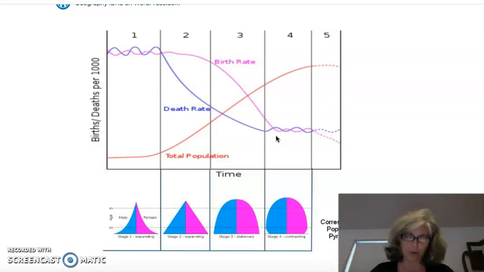So in stage 4, which the United States is in, I hope that you will choose another country other than the United States when you are picking your countries to highlight in Project 2. And there'll be instructions about that. I'm going to steer you away from looking at our own country and look at something else. Stage 4 is what we in the United States are definitely in. We have a lot of social problems in stage 4.